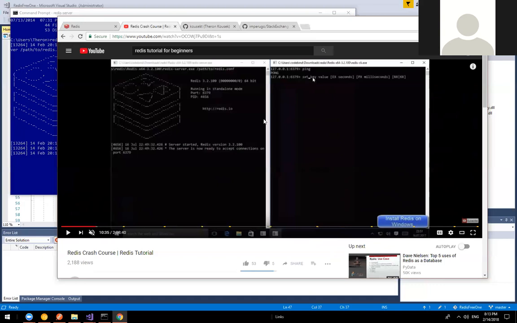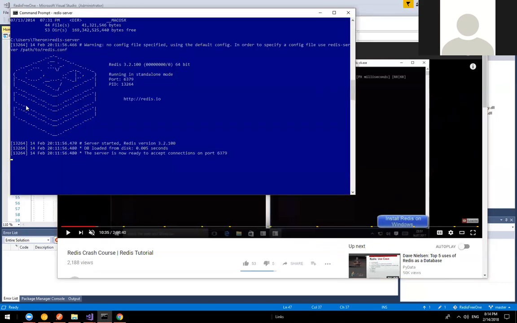Or I should say, I'm not really interested in using the command line for Redis. Basically, I'm looking at an ASP.NET Core application that will allow us to cache a whole bunch of items. So normally we would have a repository using Entity Framework and a DB context, going out and grabbing